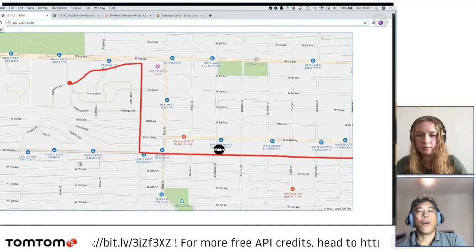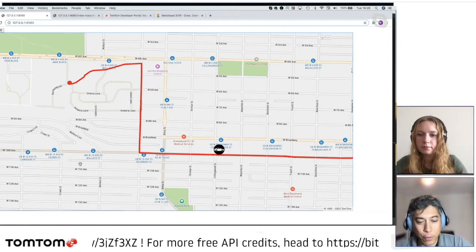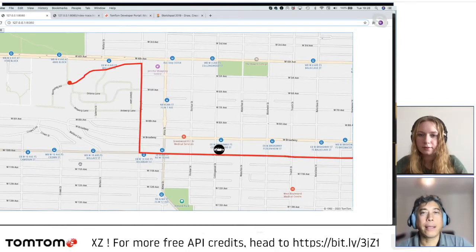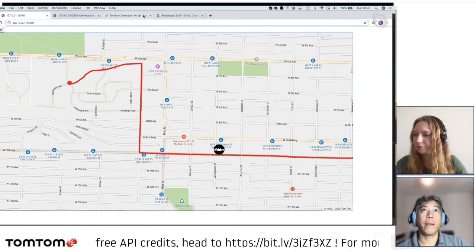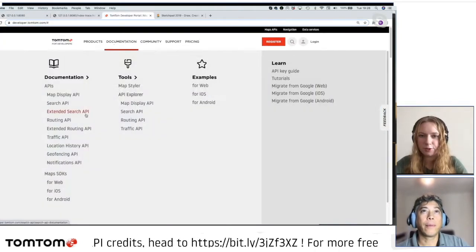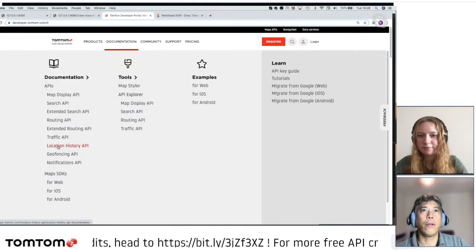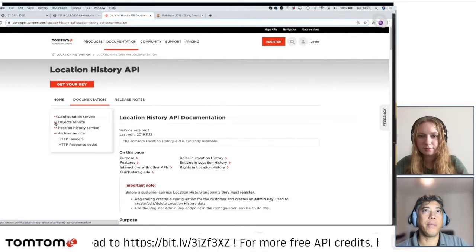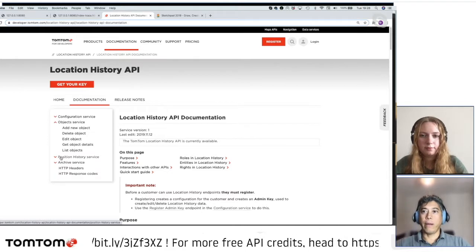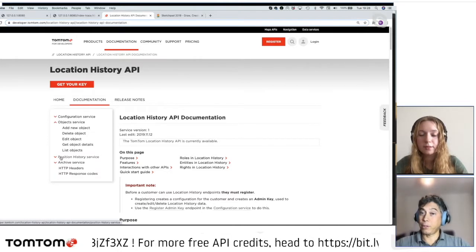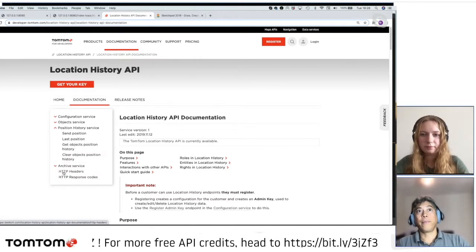Right. Okay, so I have a confession to make. Last time we used the location history API. Let me just open it up here. In the Roswell episode, right? Correct. Location history API has an object service. We created the object there, and whenever we were clicking, we were sending the position using the position history, send position